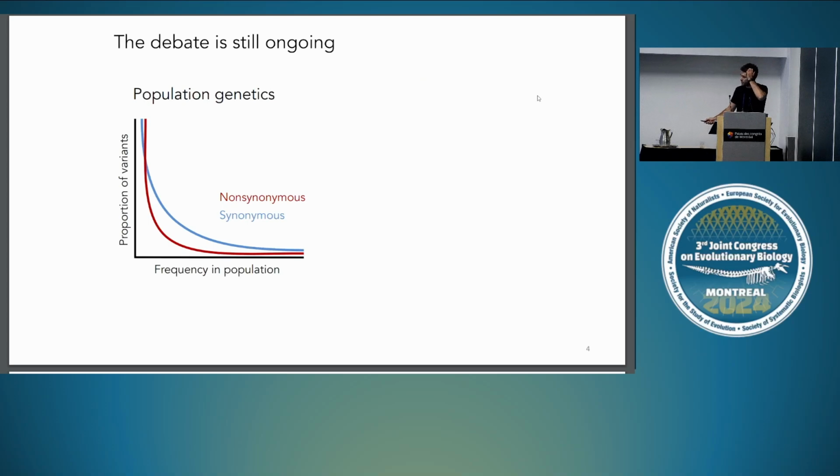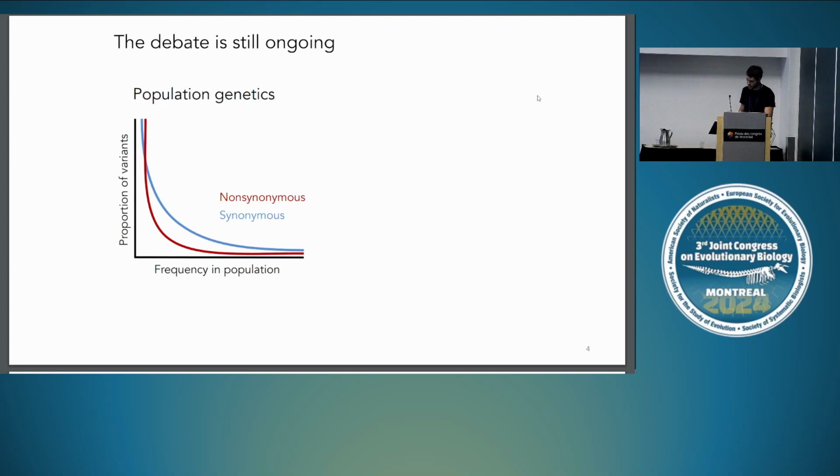So there are numerous population genetic studies using population genomic data that have shown that the distribution of non-synonymous variants, those that change the amino acid of a protein, are indeed shifted towards lower allele frequencies, suggesting the action of purifying selection. But we still find non-synonymous variants at large frequencies in populations. The neutralists propose that these are variants that are tolerated by the proteins, but the jury is still out without